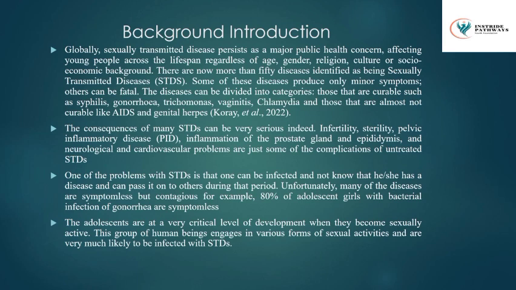At this age, this group of people are sexually active. This group of human beings engages in various sexual activities. Most of them want to practice what they see on social media or what they watch, or they want to know. And some of them have risky sexual behavior, most particularly in